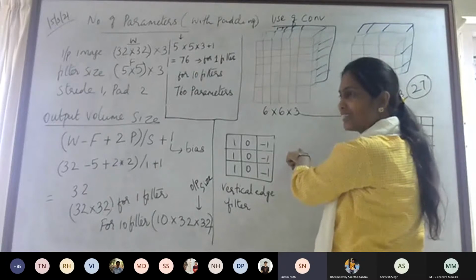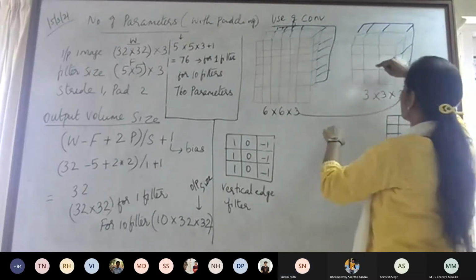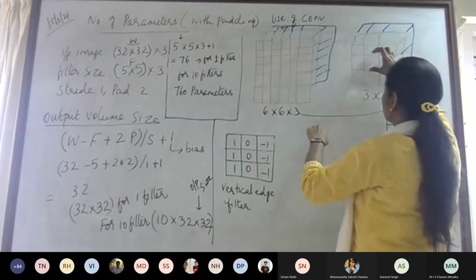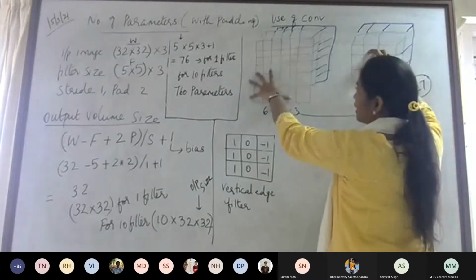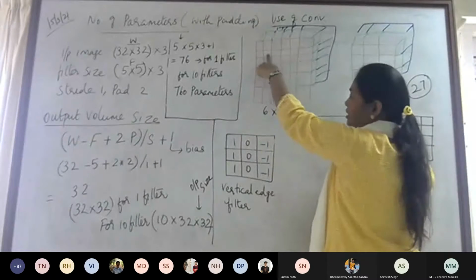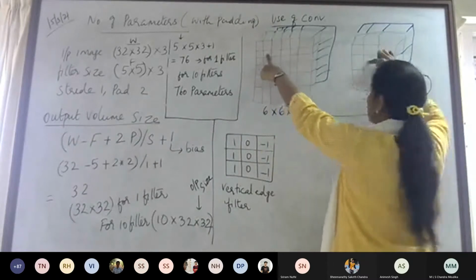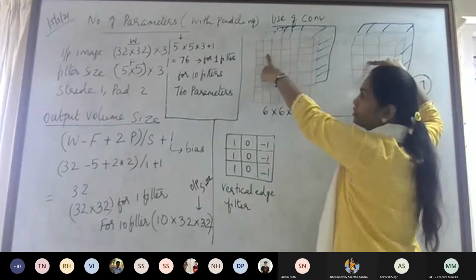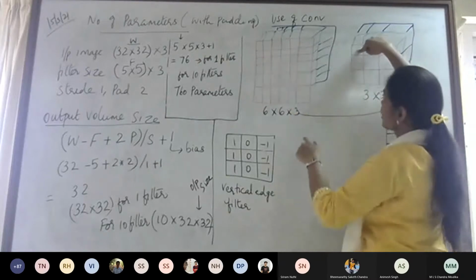Yes. Okay, fine. So this you are keeping over here. Then what happens? Only in the second row, second column. I'm not starting with 0, 0. Just for example, you are taking this 2 cross 2, and this center pixel will coincide with this 2 cross 2, so that this 1 cross 1 will coincide with this 1 cross 1.